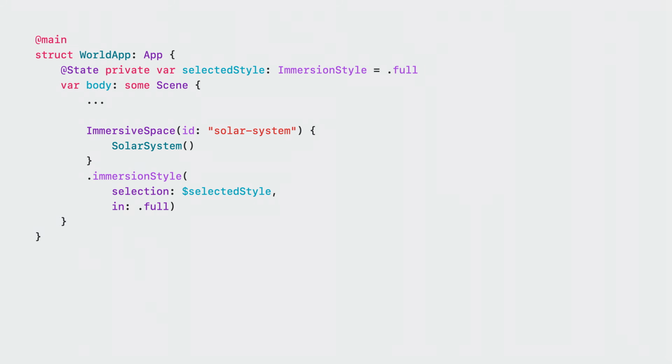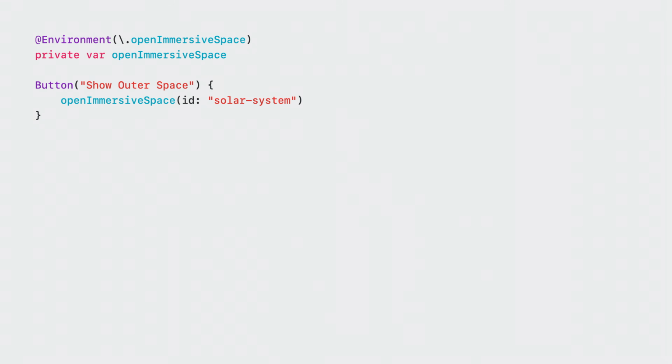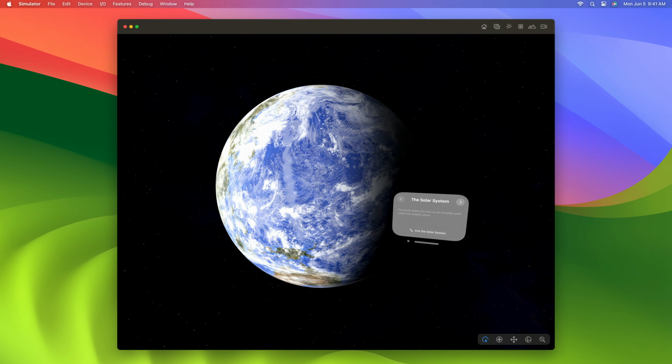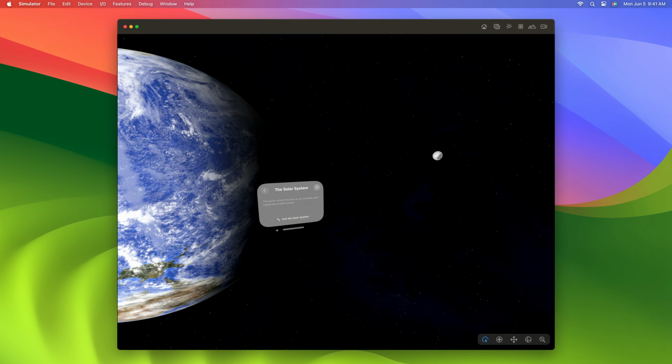Let's also take your app completely immersive by adding a different immersion style. This time, I'll use immersion style full. Adding an immersive style to the end of our immersive space is easy. We store the immersive style in our state variable and then set the type to full. Because we want to give people the choice of when they enter an immersive experience, it's a good idea to add a button to allow the person to decide if they want to enter this immersive style. Now, let's see the new immersive style in action. Back in our app, I've taken Hello World from a single window to fully immersed, allowing us to view planet Earth from any angle.